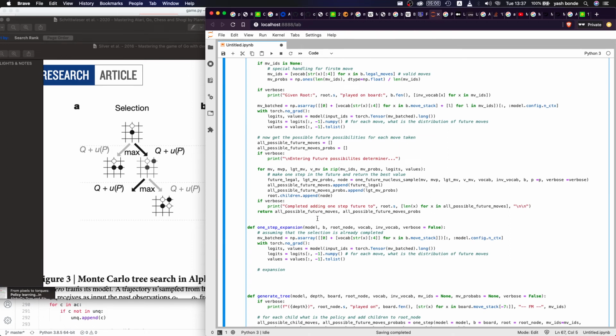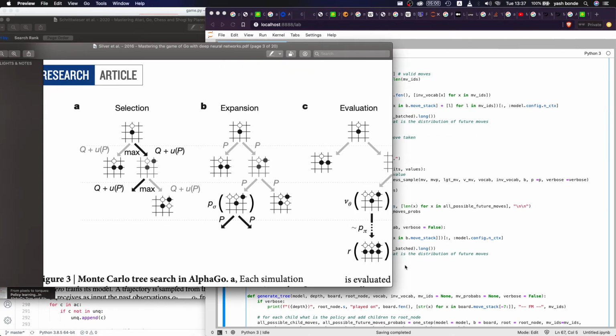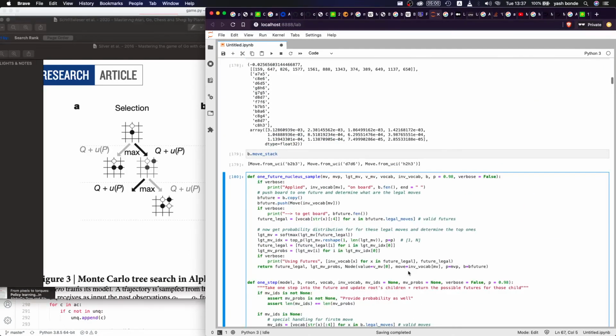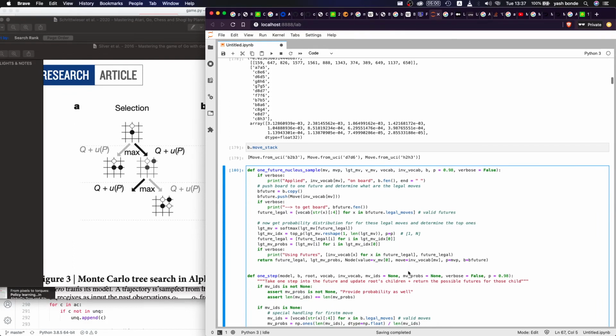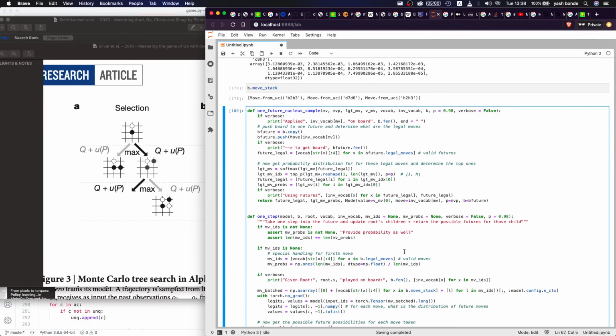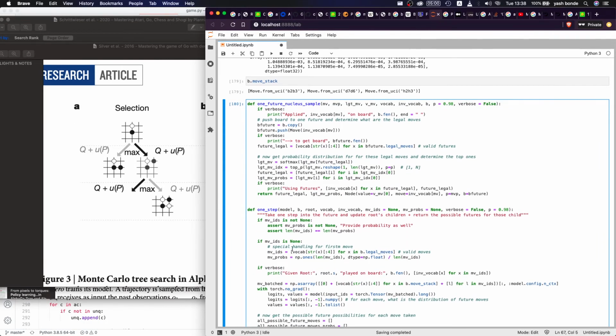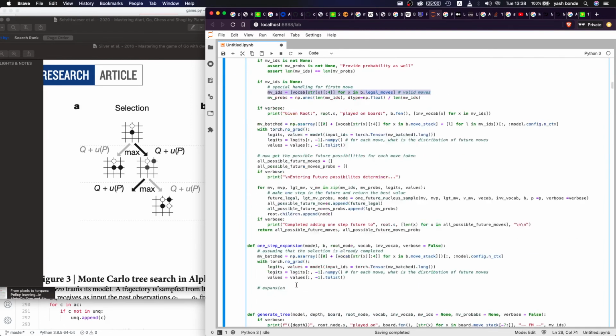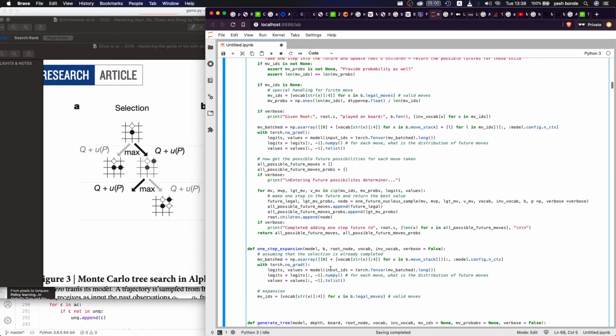I'm not going to do that. What I need to do is find all the legal moves that can be taken for this particular board. So what that means is I need to calculate this piece. On this board till now, what are all the legal moves I can take, and then I need to filter out